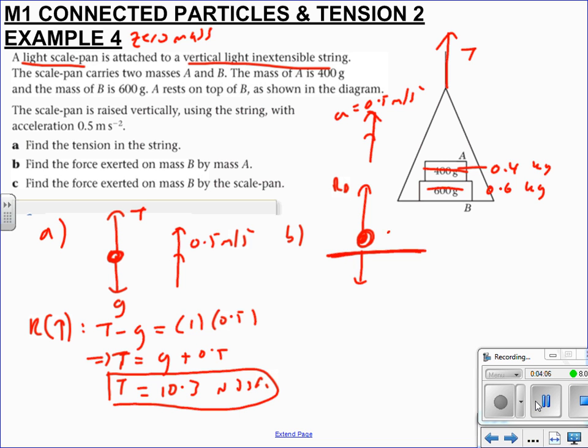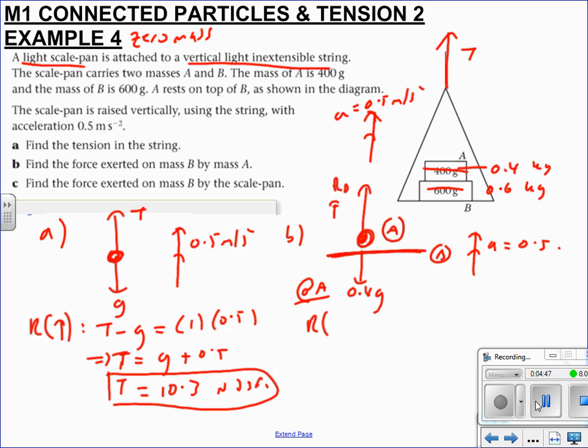So this particle is A, which is on B. B has to deal with a weight of 0.4 g, doesn't it? If it wasn't able to produce a normal reaction sufficient enough, A would just fall straight through it, and we know that that doesn't happen. We know B can support A's weight. Everything is still moving up with acceleration 0.5. So in a sense, when you see a problem like that, it can be reduced down to, well, B is a table, B is a flat surface that A is resting upon. So now we're just isolating